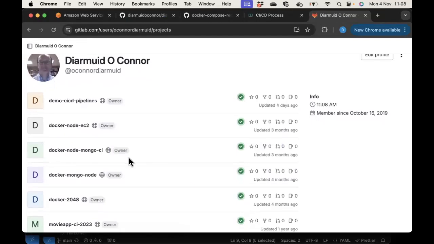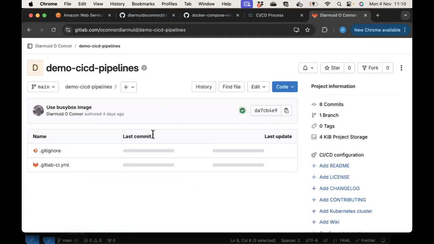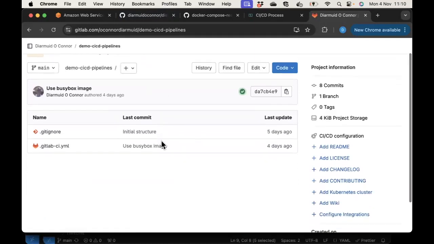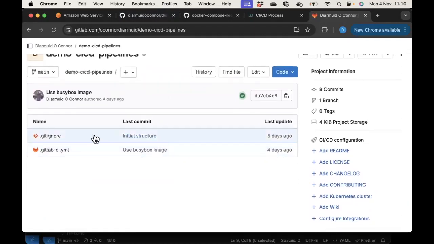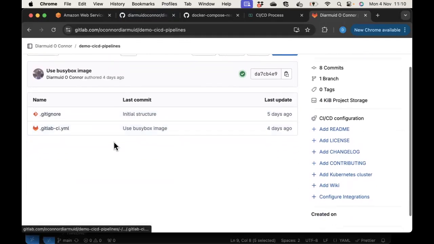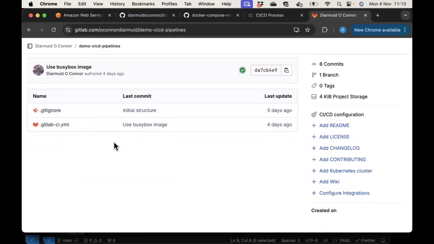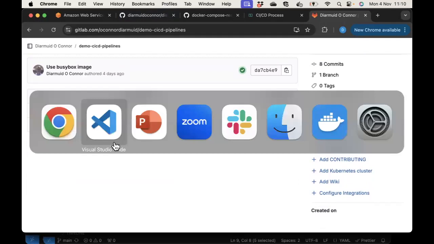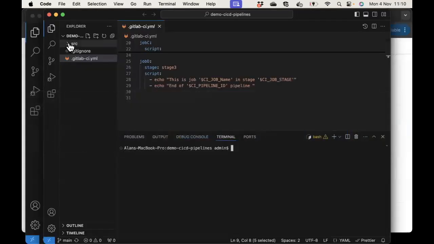The one I'm interested in is, okay, at last, this is my GitLab repository. Nothing special about that, and it coincides with what I'm showing you in VS Code. And if we look inside the YAML file,